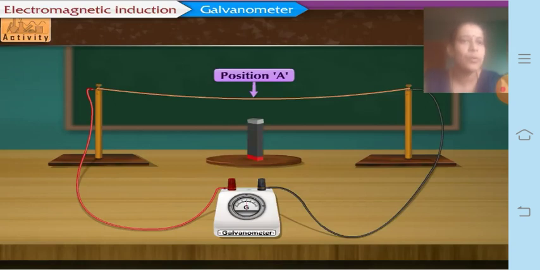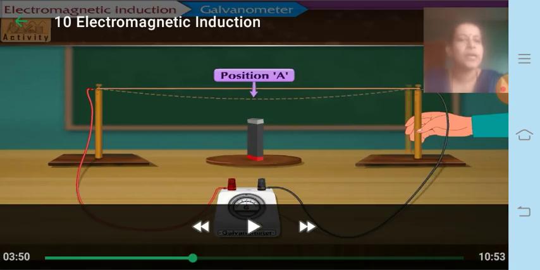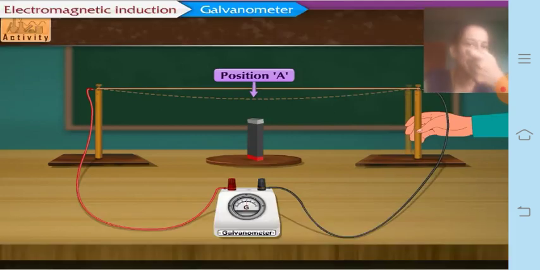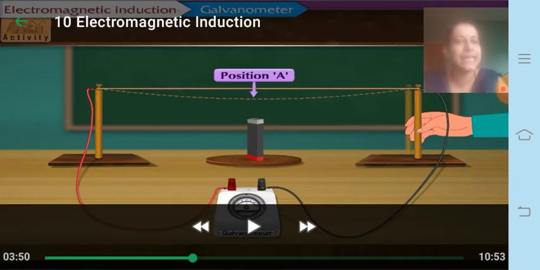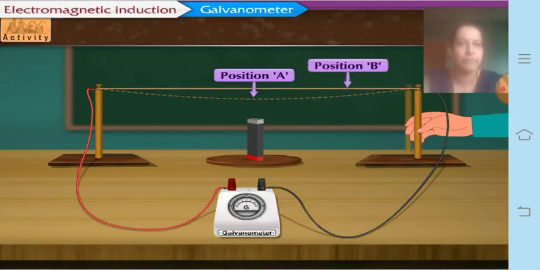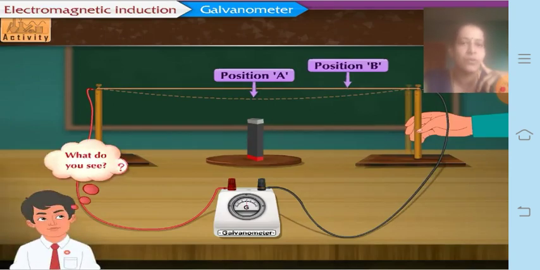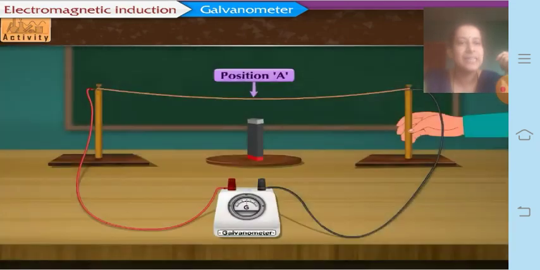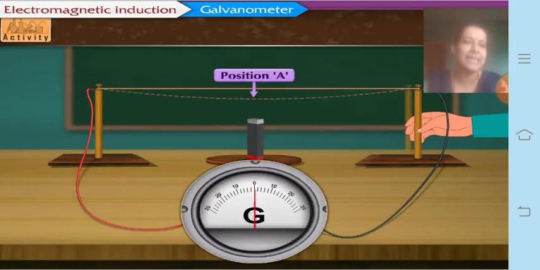Now what you need to do is move this stand to one position so that the wire becomes stout, straight in position. When it is done, what will happen? Let this position of the wire be considered as position B when it becomes stout. Now let's see whether there is a deflection in the galvanometer or not. What do we see here? We see that there is a small, quick deflection in the galvanometer, and then it comes back to zero.